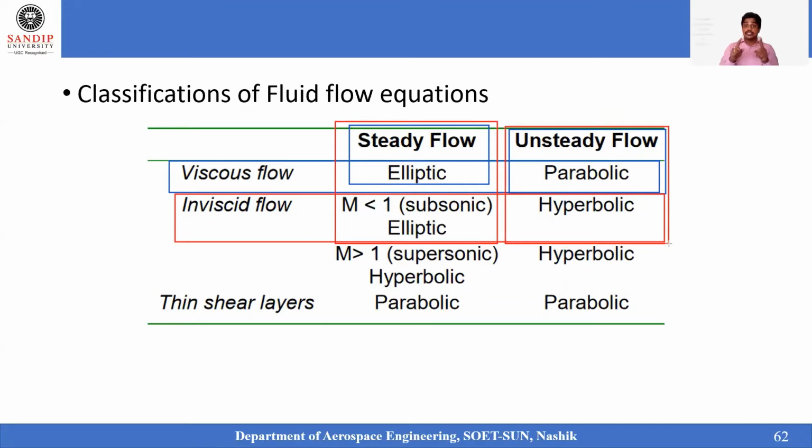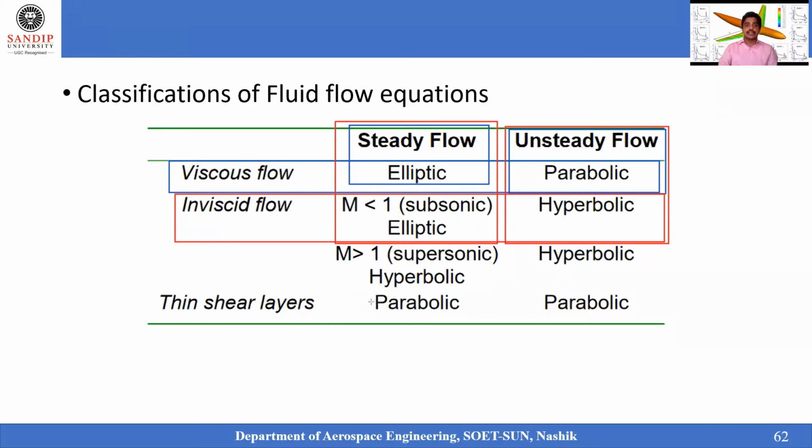I'm telling you, this table will help you to write your own codes. Or if you are not interested in writing your own codes in CFD, you can utilize existing codes. You can understand the physics happening inside the tool, which equations are being adopted. So your understanding will be made clear at this stage. Inviscid flows with steady will be addressed with the elliptical, and inviscid unsteady has to be addressed with the hyperbolic equation.